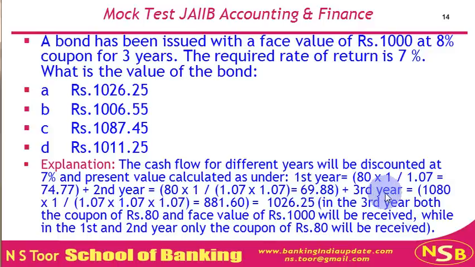For the third year, 1000 plus 80, 1080 shall be received. And this amount shall be discounted for 3 years. So 1.07, 1.07, 1.07. So 3 discountings have been done. The value of 1080, which shall be received at the end of the third year, is